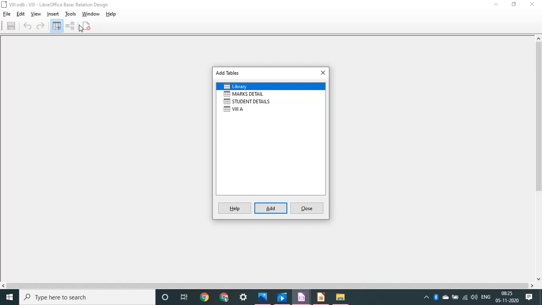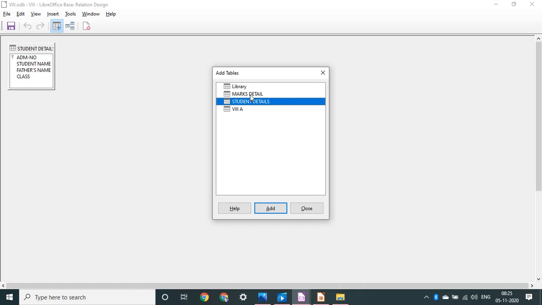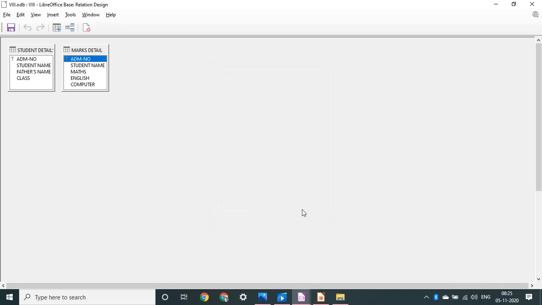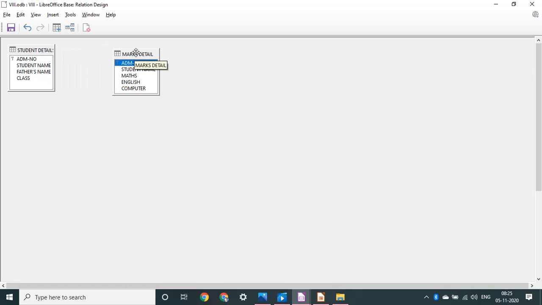I want to create a relationship between the students table, click on this, right? And second is marks detail, and then click on close, right? These are the two tables between which I want to create a relationship, right? Now students, what I have to do is click on the primary key of the parent table.